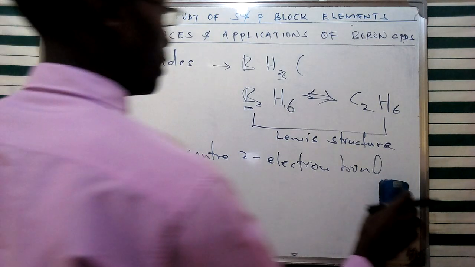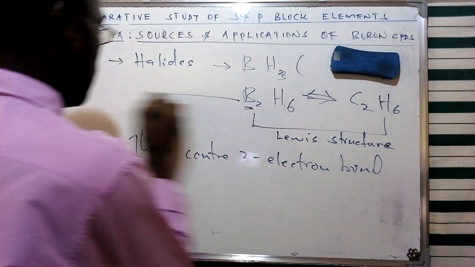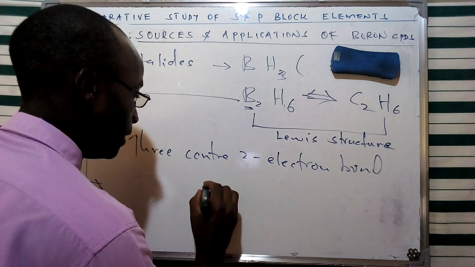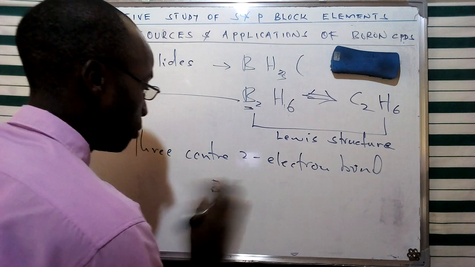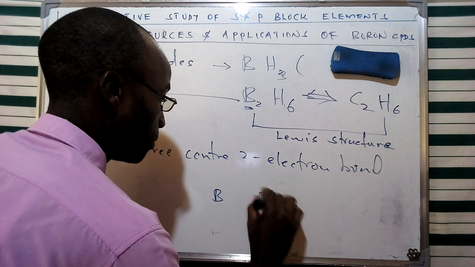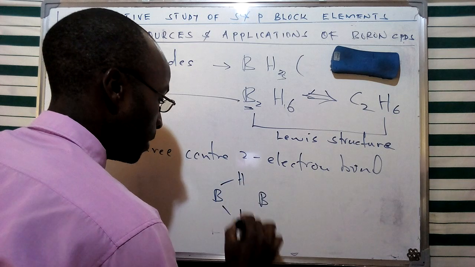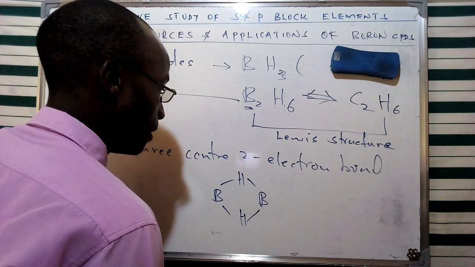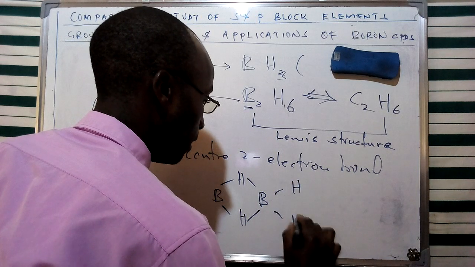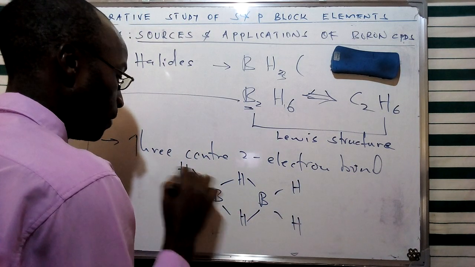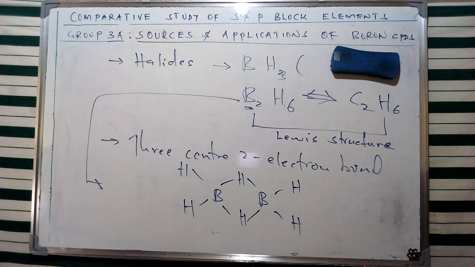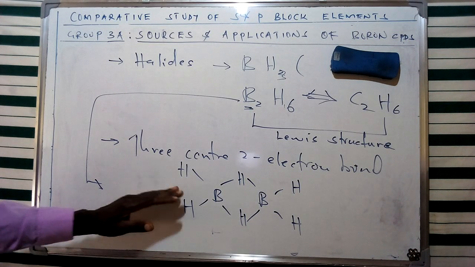Now, they've given a structure for this particular compound, and in the formation of this compound, we're going to have the boron central atoms given as such, and a bridge formed by these 3 center 2 electrons. We're going to see some of the members as well as aluminium in terms of their halides and try to contrast it with this specific member. This is one of the unique properties of boron, displayed in terms of its compounds, especially if we consider the formation of compounds of boron given as such.